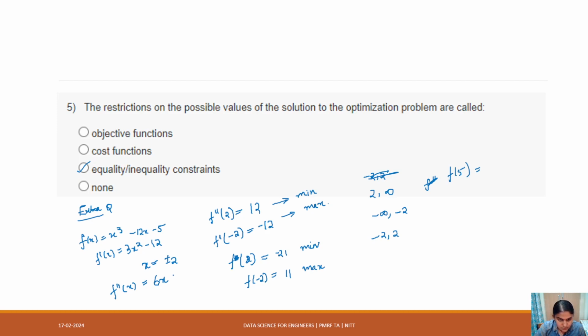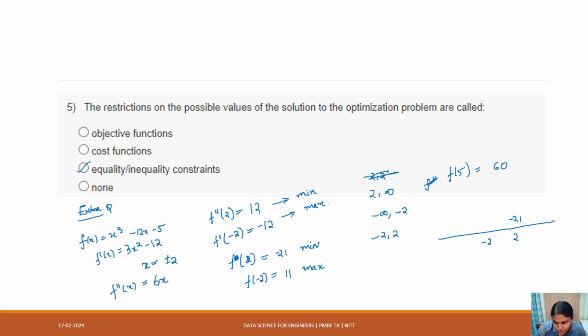Just find out the value of f of 5 in that region. f of 5 is 125 minus 60 minus 5, so you will get a high value, around 60. So at 2 you got the value minus 21,